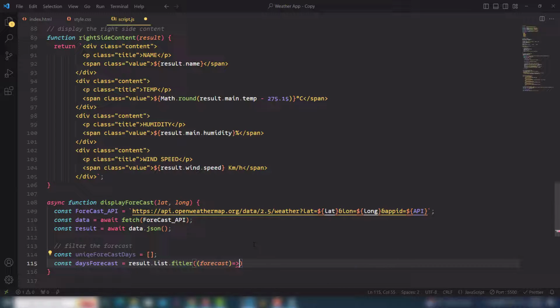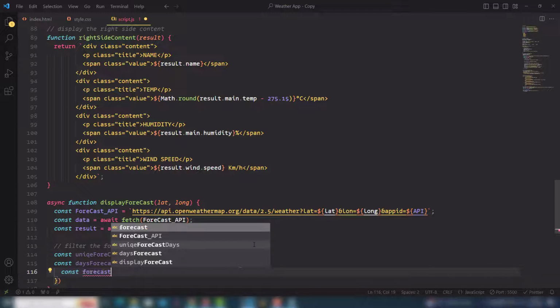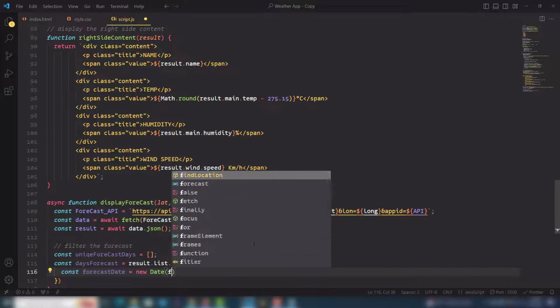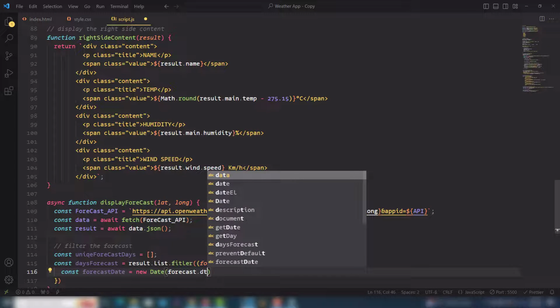You can write any name on there. After that, I'll use const forecast date, then you will get the new date from your forecast. You need to pass it, and you need to use dt